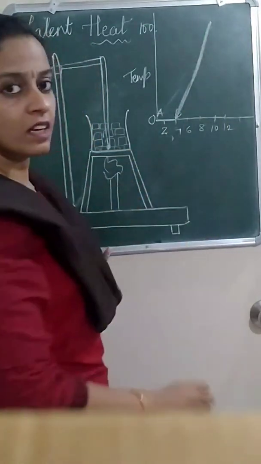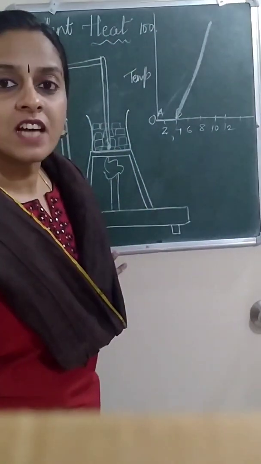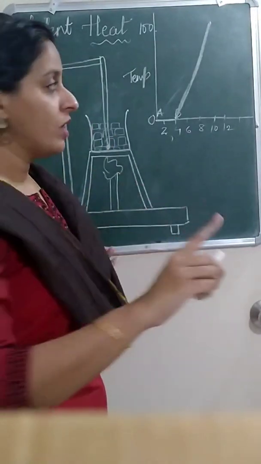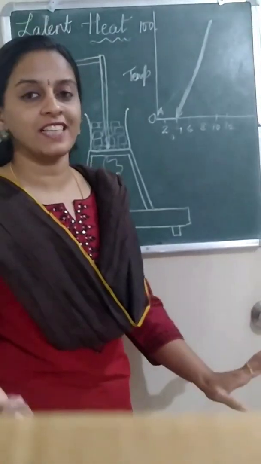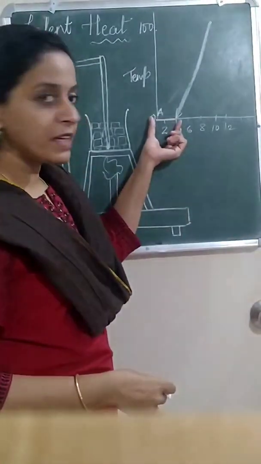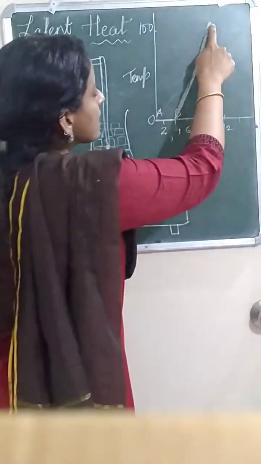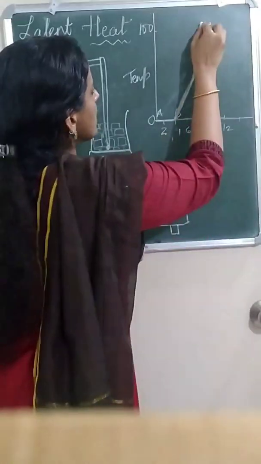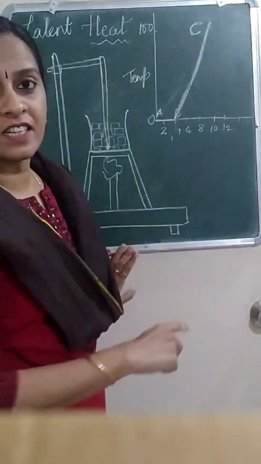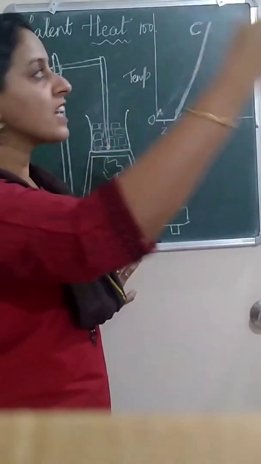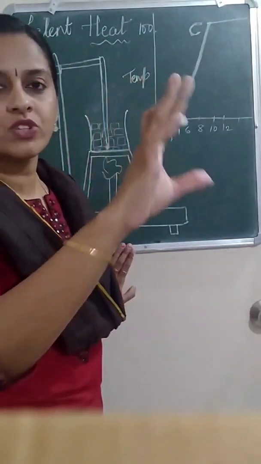When it reaches 100 degrees Celsius, what will happen to this water? The water will start boiling. Now, at this point, again there is a special thing which is happening. What happened on AB? Solid got converted into liquid. What will happen from B to C? From B to C, the temperature was increasing. From 0, it increased to 100. Now from C to D, again it will show a constant temperature.